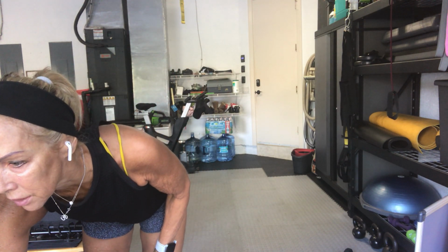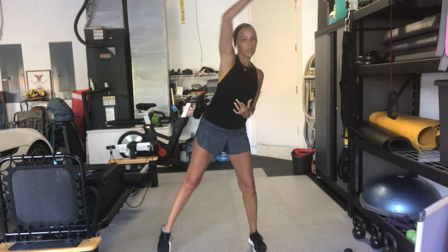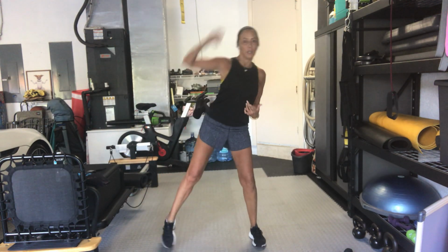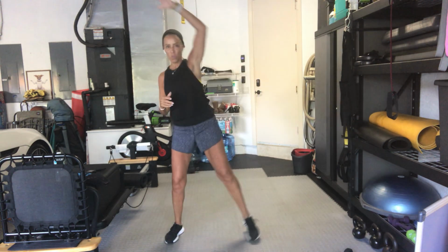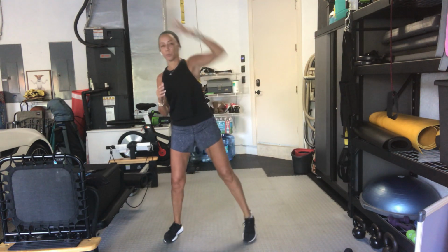And then just do a nice little step tap. Bring your feet down and arms up. Take it up overhead. So the trick part, because it's a shorter amount of time, is probably going to be